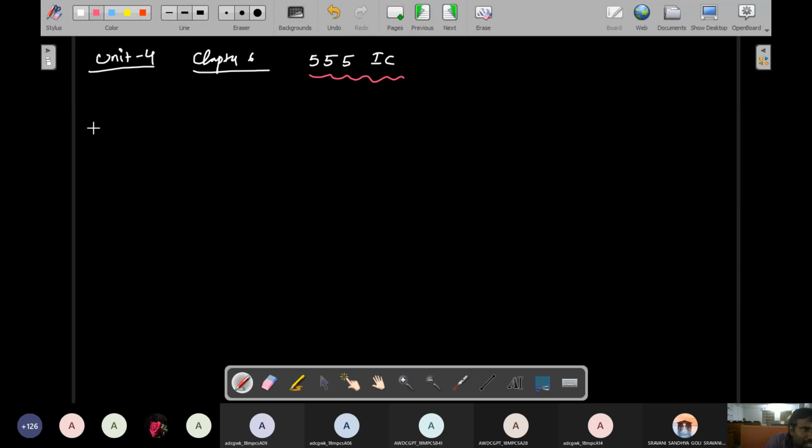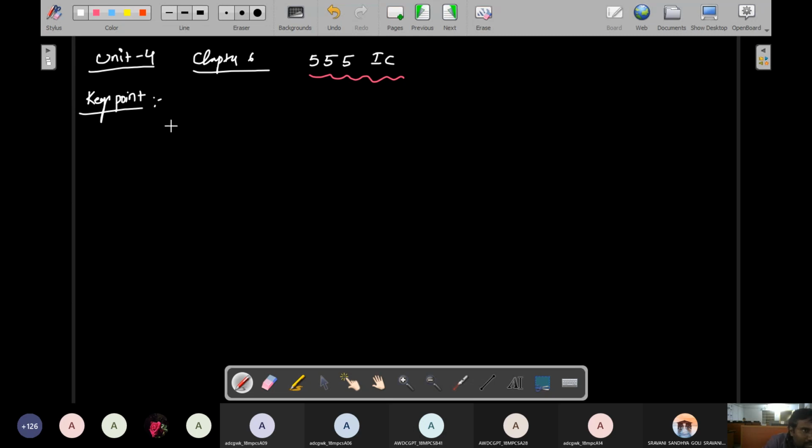Okay, so generally I write some key points about triple five IC. See, it is a timer circuit. So the key points I'll write here. Every lesson, before I introduce a topic, I'll write some key points. So please concentrate on these key points only. If you clearly understand the key points, then you can read the matter, and you can understand very easily.